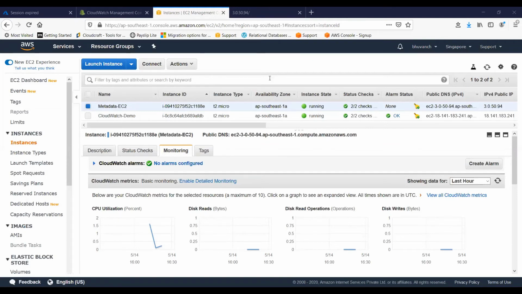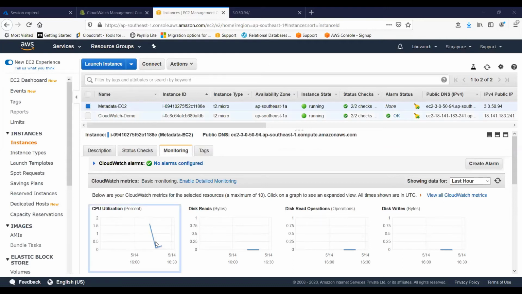So the reason was this metadata has nothing to do with the CloudWatch. It's a different thing altogether. Just wanted to touch upon this because I heard that this comes into the exam. So I wanted to let you know and keep a record of that URL. That's why I copied and pasted it in the chat as well. You can keep it with you. Yeah, it's common for all. It's the same IP. And it's easy to remember, 169.254.169.254. So just remember it somehow.